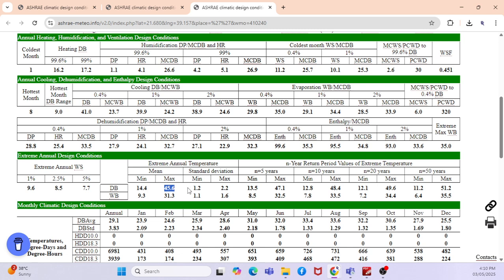So what about this one? N-year return period values of extreme conditions. So we will not go with the average. See, actually, this is based on the client requirement. For example, if you talk about a critical mission, like a data center or a hospital, where you cannot